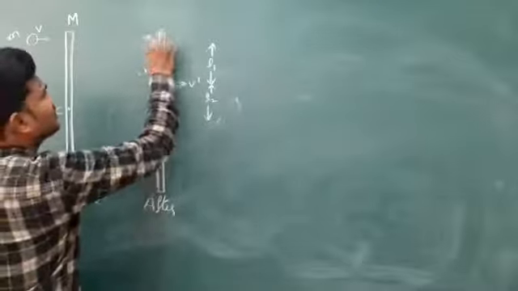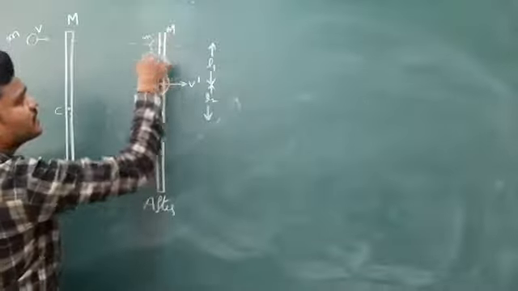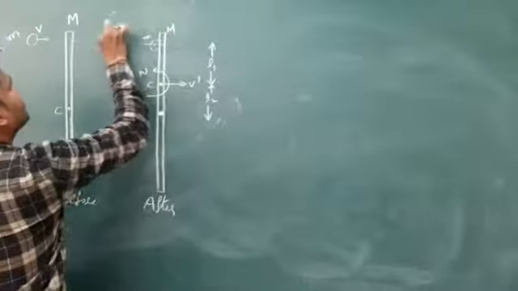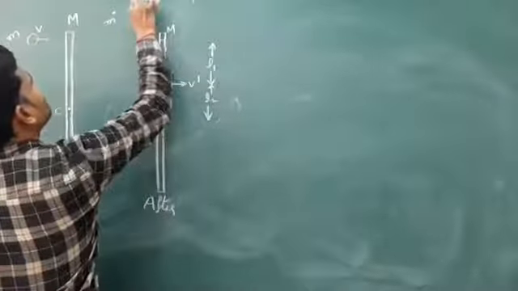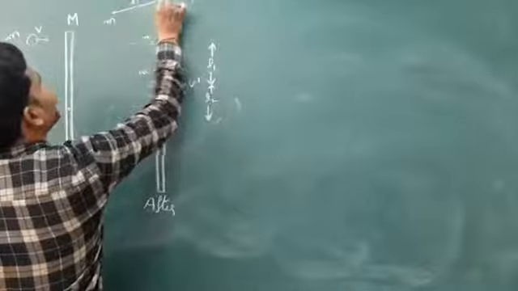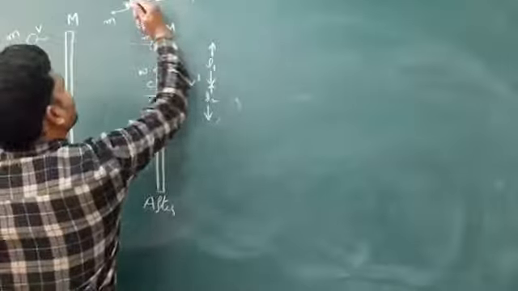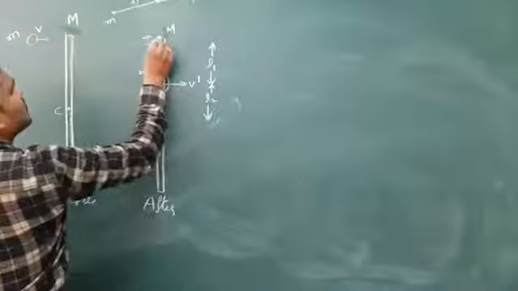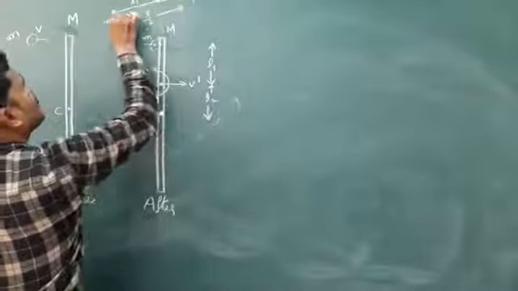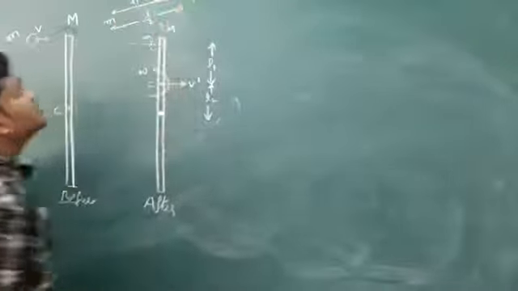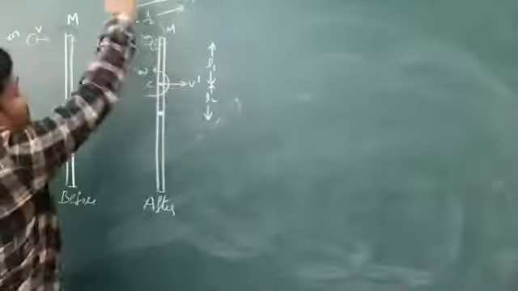So this is a small m, and this is a capital M, and these are the two particles which are separated. One is a small m, the other one is a capital M. In between them there will be a center. So this is L1, and this is L2. Let us take this at the top. The gap is L by 2. I think you know how to find this L1 value and L2 value by using the center of mass concept. Is this top visible?